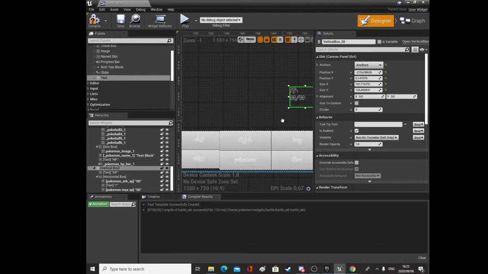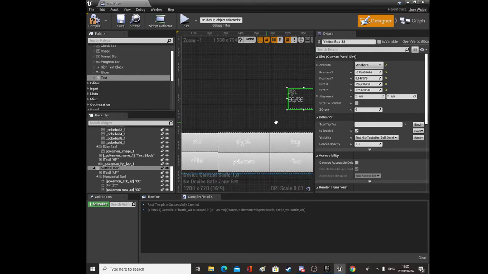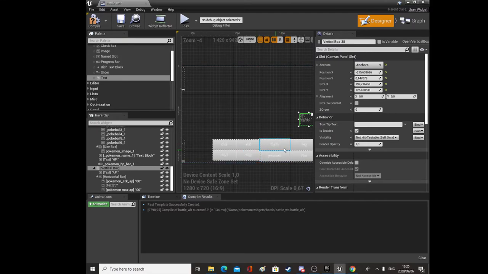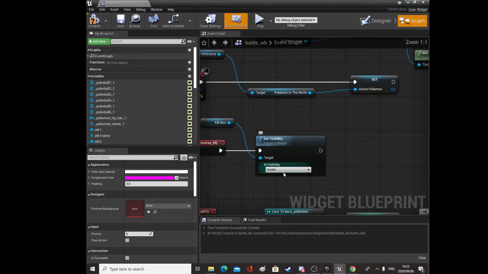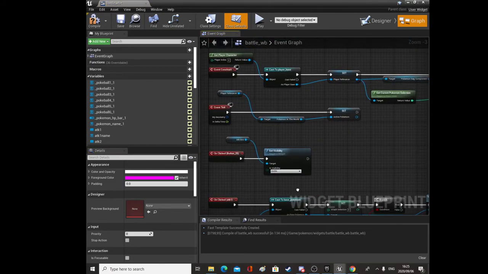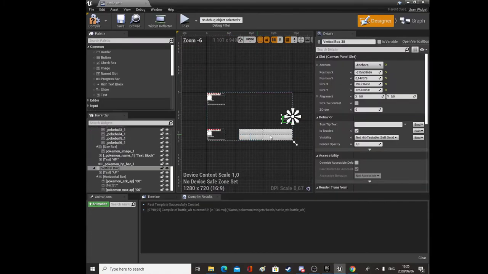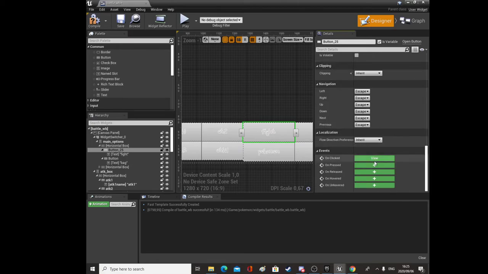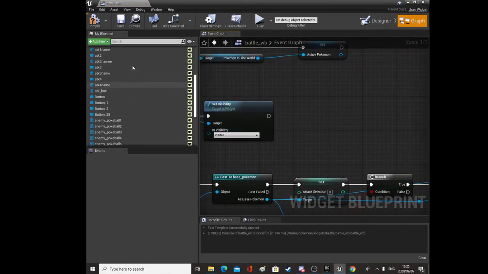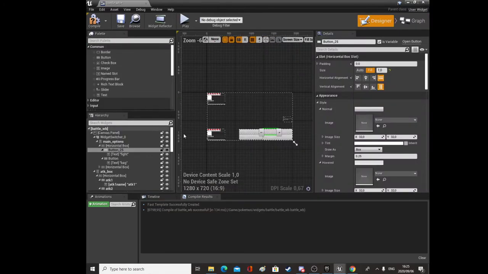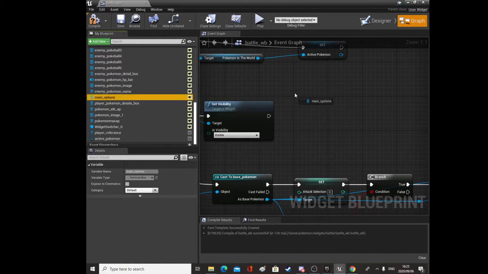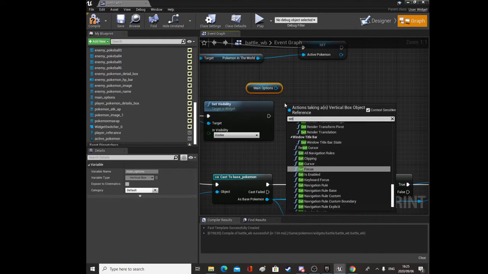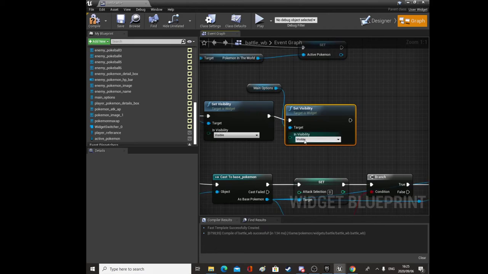Okay. I wonder, this is also not popping up exactly where we want it, and we want this to disappear when we click on it, so let's just sort that out. Click button 25, that would be fight, I assume. Yep, so then we want to set the main options to be not visible over here. So get main options, set visibility to hidden,